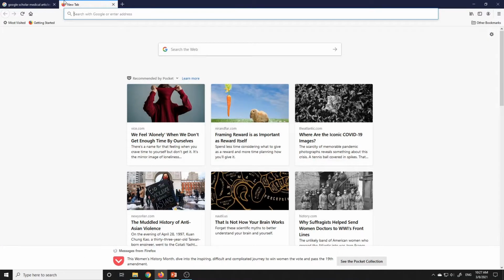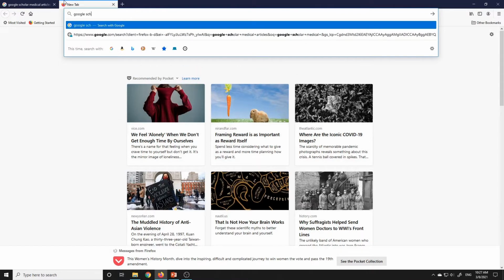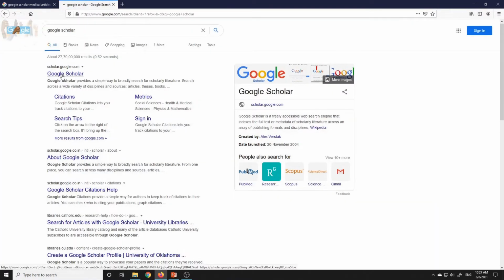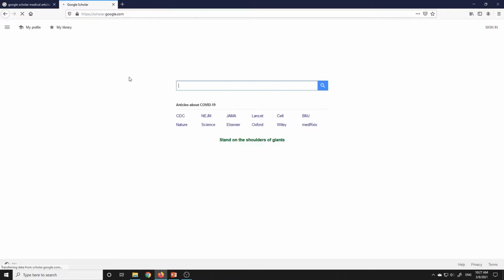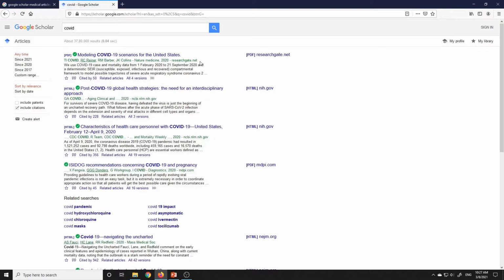The first thing is Google Scholar. You all must know about Google Scholar. This is about finding your articles. Suppose you are looking into something, let's say COVID. See, we are getting some results.